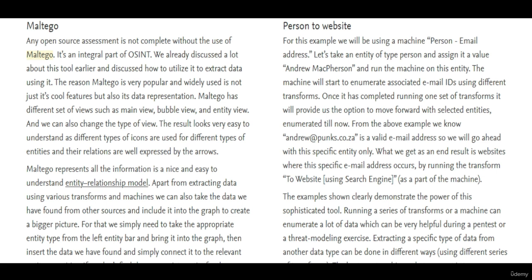For this example, we will use a machine, person email address. Let's take an entity of type person and assign it a value, whatever, Andrew McPherson or anyone, and run the machine on this entity. The machine will start to enumerate associated email IDs using different transforms. Once it has completed running one set of transforms, it will provide us the option to move forward with selected entities